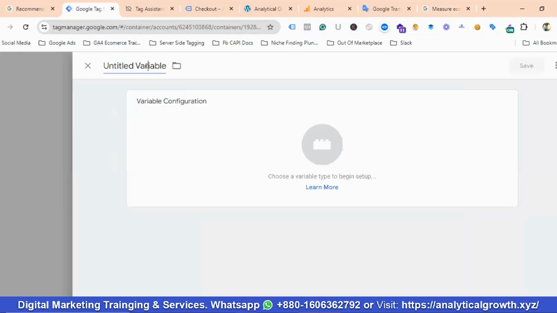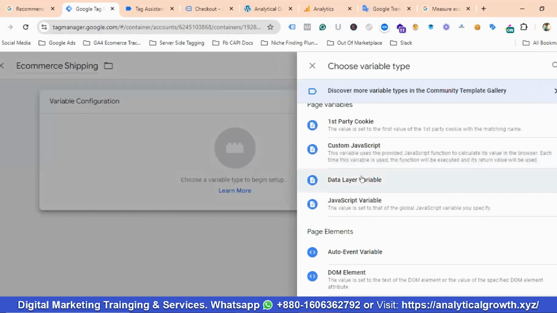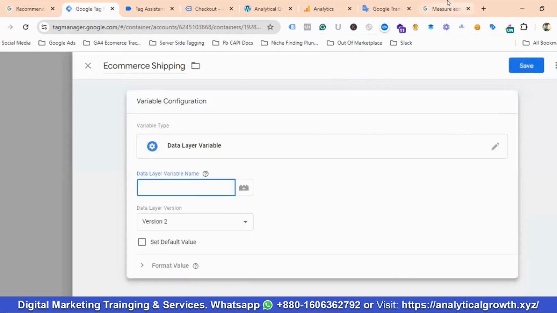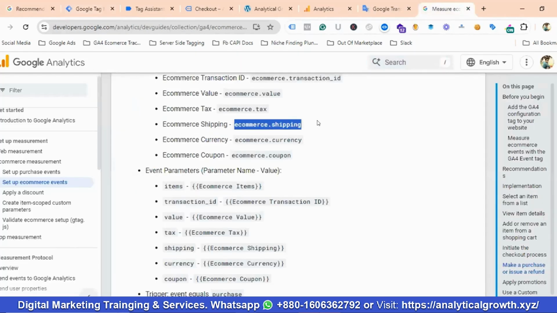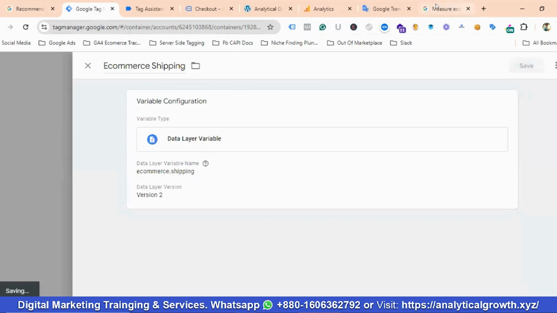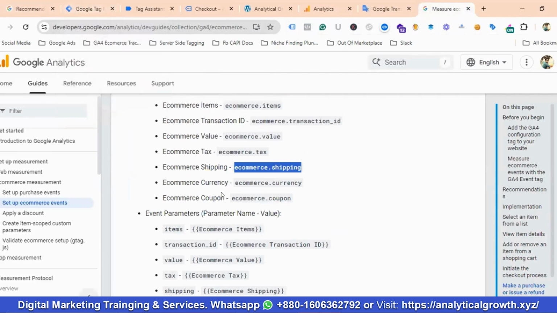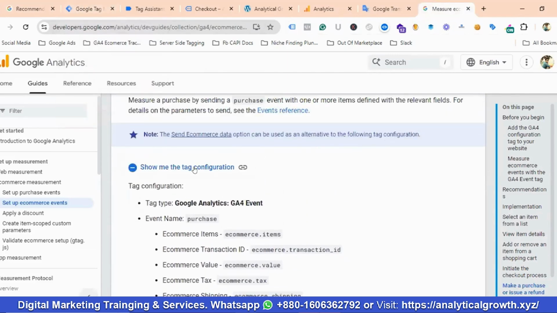So I'll click on new, use a different variable. I'll name it e-commerce shipping, and I'm going to choose data layer variable, and I'll copy this ecommerce.shipping. Then we have created e-commerce currency and e-commerce coupon. Okay, perfect. So let's go to the